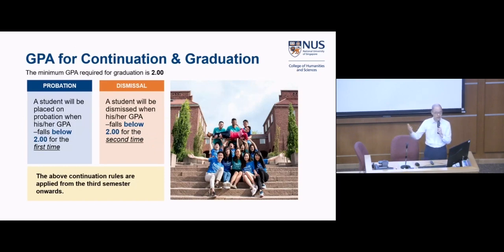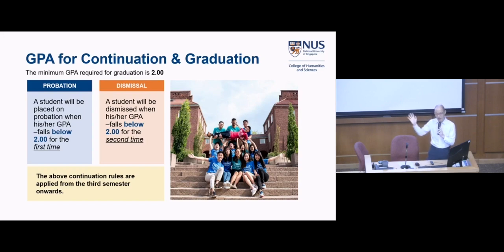So for example, there's a GPA requirement for your continuation and graduation. The graduation requirement is at least 2.0 GPA. And during your course of study, if you go below 2.0, then you will receive a probation. And for another semester, if you fall below 2.0, then you'll be dismissed, right? So it's important to pay attention to your GPA, right? But of course,